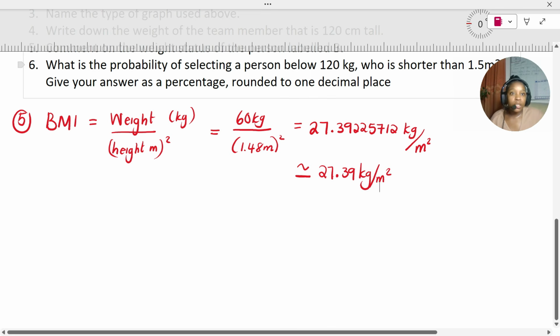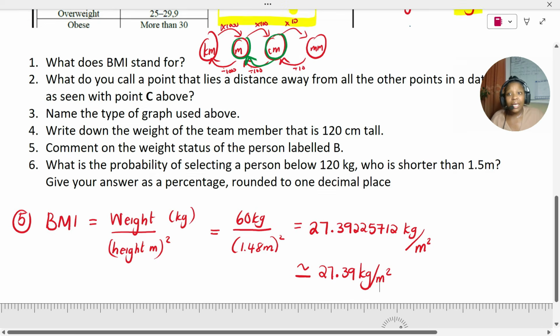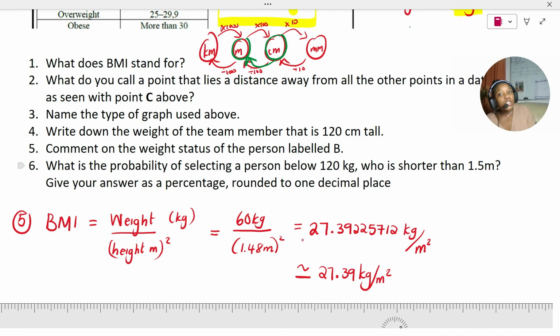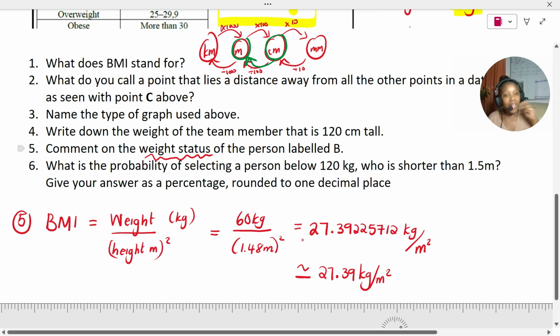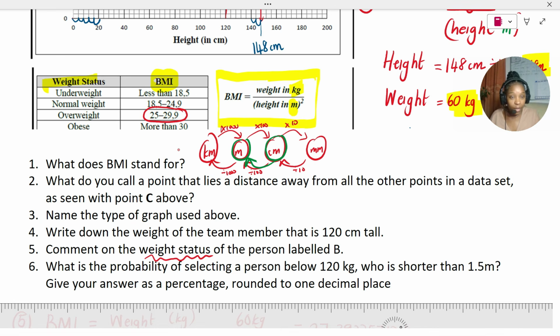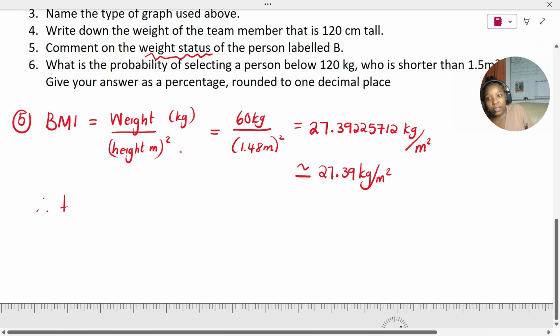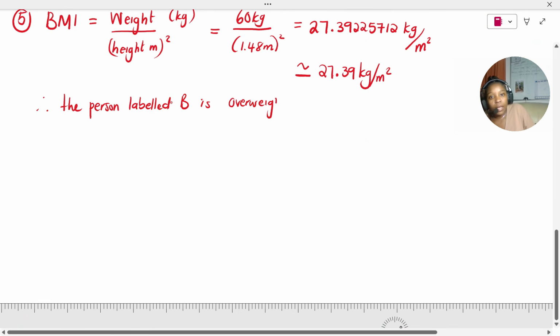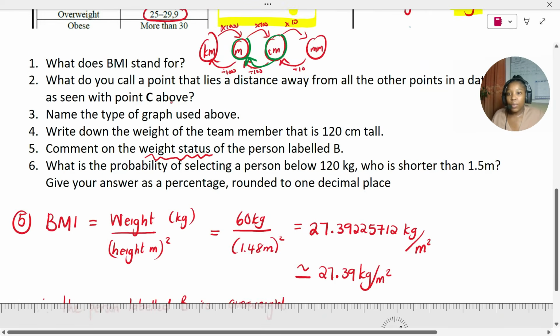So we've calculated the person's BMI, but remember, the question wasn't asking us to calculate BMI, but to comment on the weight status. Now that we've calculated the BMI, we are able to determine the person's weight status. Since we found that their BMI is 27.39, we can see that 27.39 is a value between 25 and 29.9. Therefore, we can conclude that the person labeled B is overweight. All right,